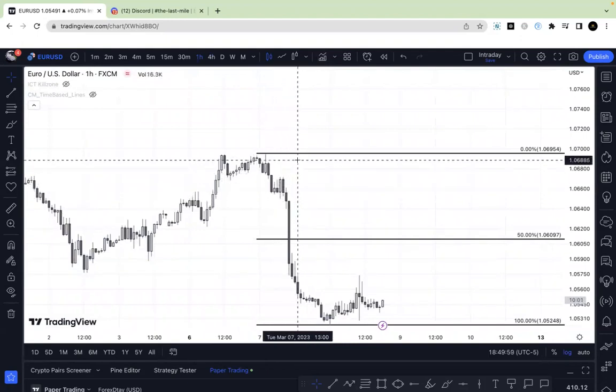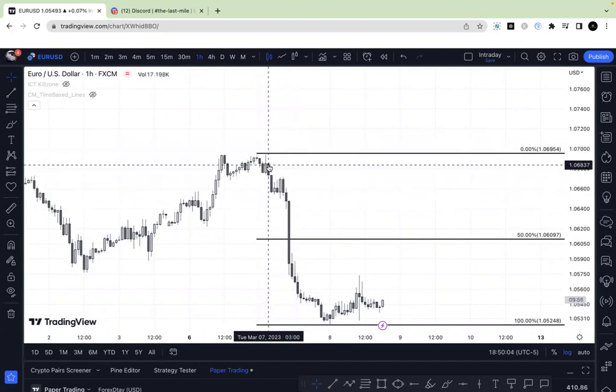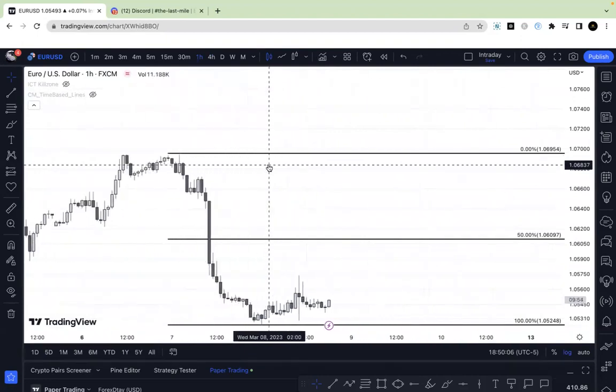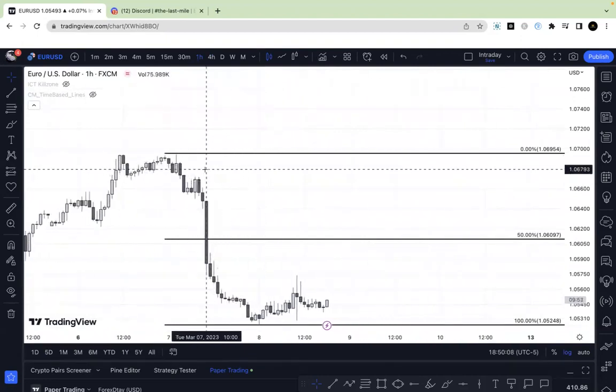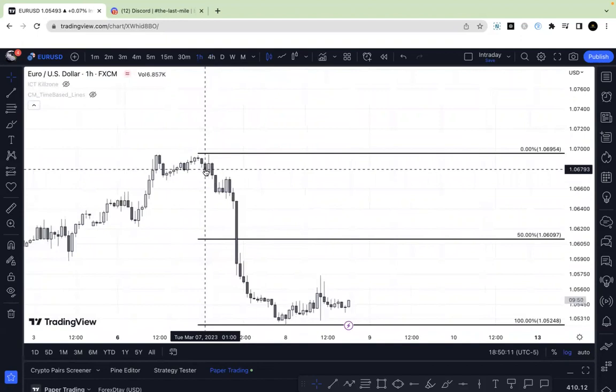If price violates that and takes out that high, then the only literal choice, right? Because I like to watch for price action, right? I like to look at price action and see how it's reacting to the zones that I personally thought, based on my analysis and liquidity and things like that, that it is going to buy and sell from. And once I see obvious reactions going down to the 15-minute, the 5-minute, where you're starting to break structure multiple times, on maybe even the 1 minute, you have multiple sell side liquidity takes in this case, since Euro USD is short on the 5-minute, on the 1 minute,